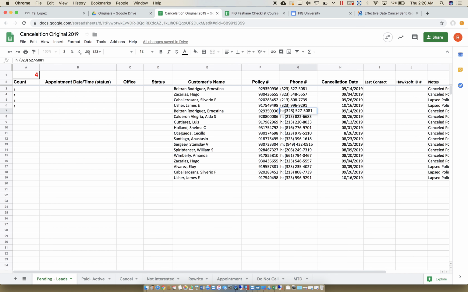Probably the most difficult part with Progressive, which once again, since you're only going to have 1 or 2 policies here and there, it's not going to make a difference, but just deleting that H for the home phone number, since if you don't delete it, you're not going to be able to call them. The dialer is not going to dial. So once again, look at what I'm doing. Probably this is going to take longer than the actual process of